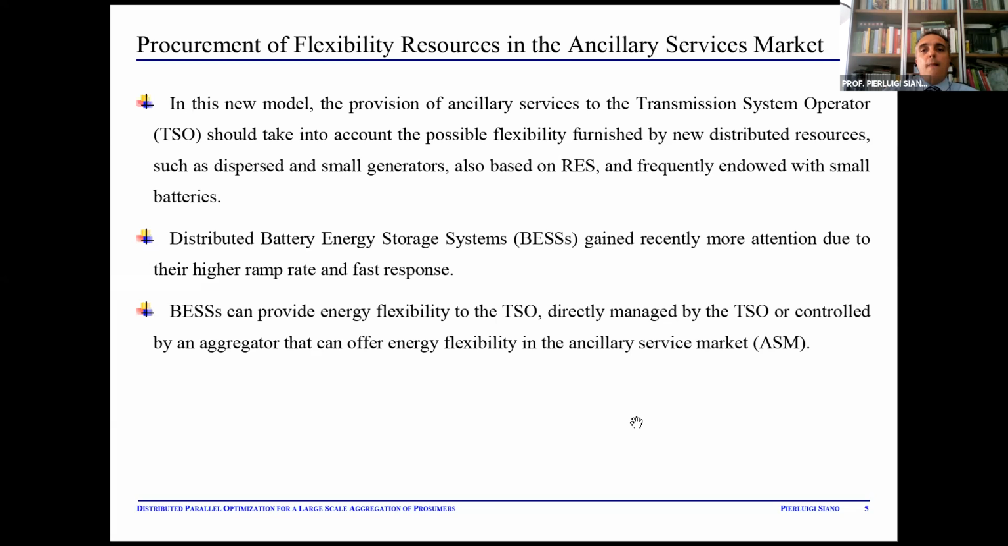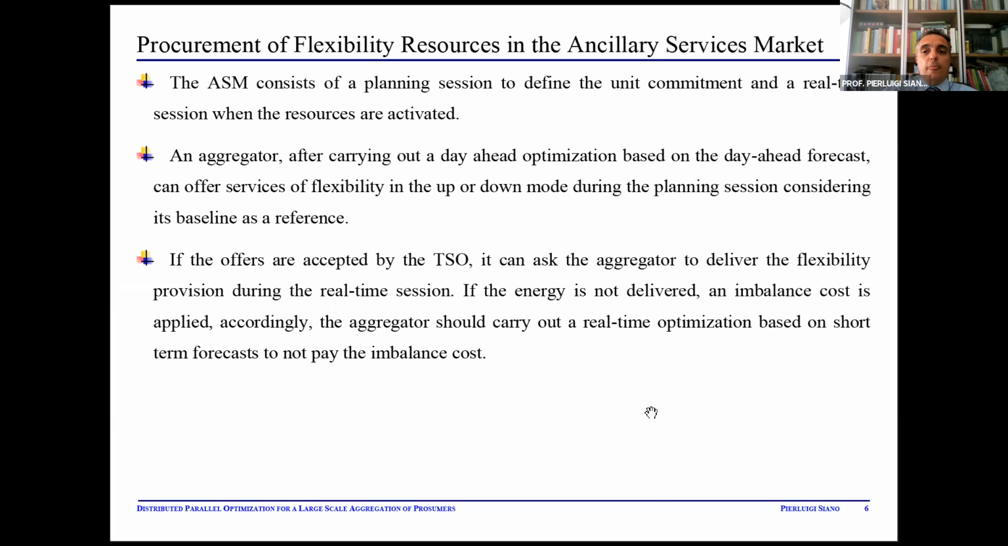In this context, the European regulatory framework has opened the ancillary services market also to distributed energy resources, including energy storage systems and demand response providers. Among these distributed energy resources, battery energy storage systems have recently gained more attention due to the higher ramp rate and fast response. The proposed methods consider both the planning and real-time sessions to respectively define the unit commitment and